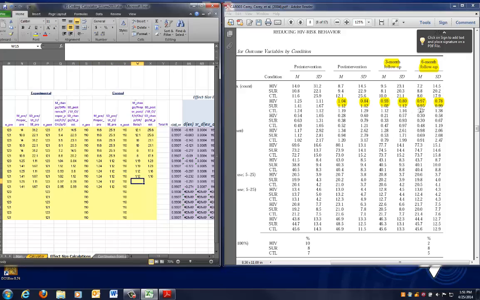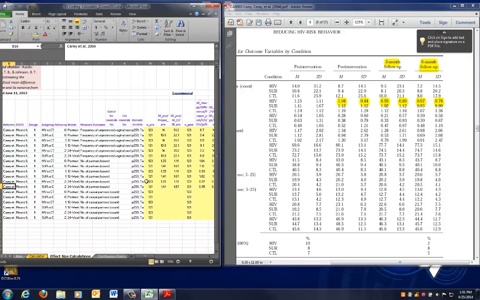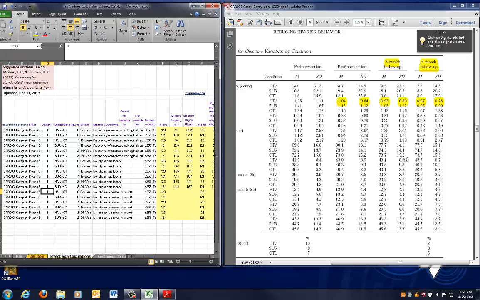And the control group is underneath that, which is going to be 1.07 and 1.38 at 6-month follow-up. And then we completed that measure, so our last measure will be